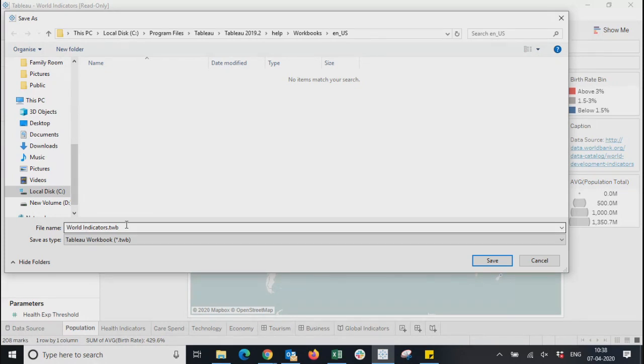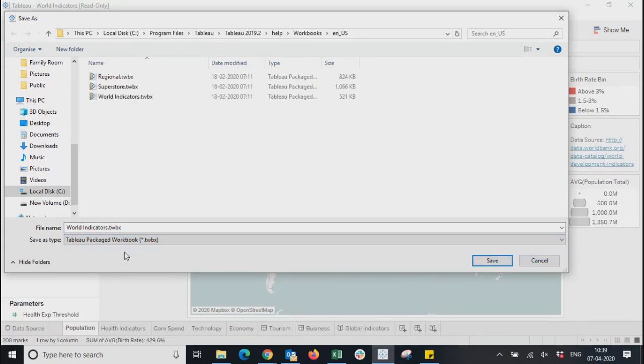Let's say you have used images and many external things in your workbook, and you share this workbook with anybody else, they will not be able to see those things. If you want to share all the resources you have used while creating this dashboard, you need to save it as a packaged workbook like TWBX. Once you save your workbook as TWBX, then you can share it with anybody, and they will be able to see all the images, all the data, and